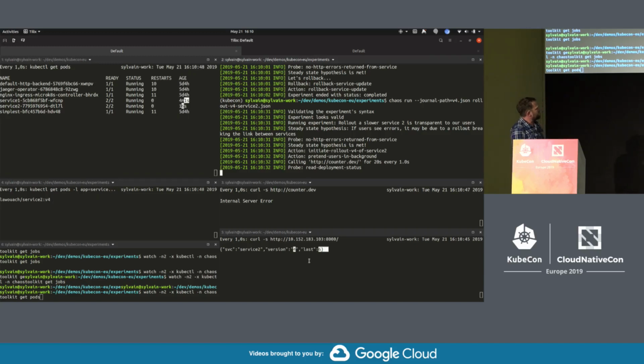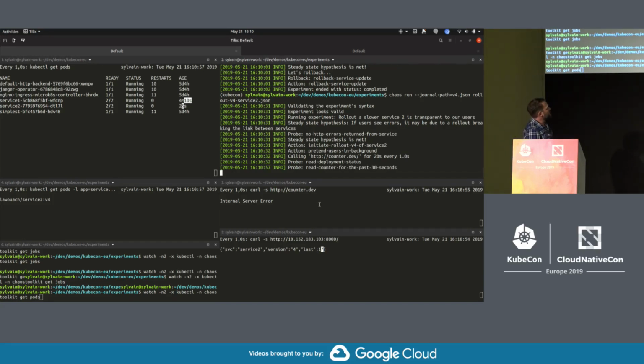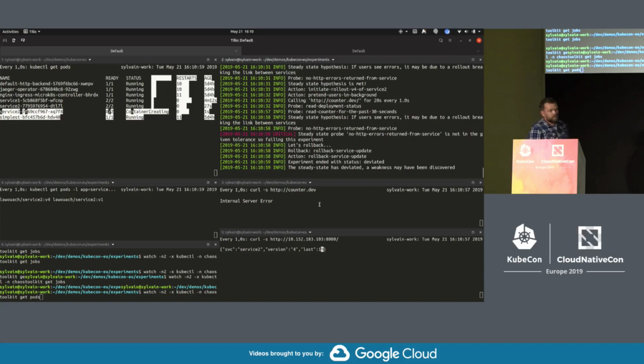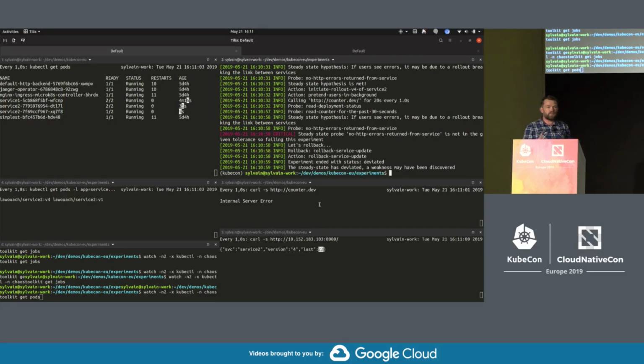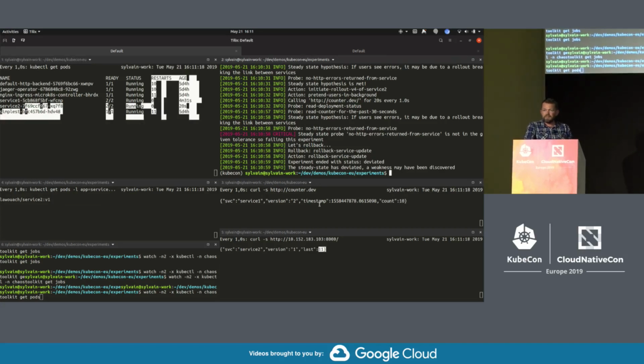Yep. We've switched to version 4, and we see internal server error purely because my service 1 can't deal with it. I have absolutely no error check for that, so it breaks. So at least now we do have evidence that when we release a slower version of service 2, we've actually broken our promise to our users. Even though I'm sure your test would say it's all fine. I mean, there was nothing broken in service 2. It was working, right? It did respond, slow, but that's fine.